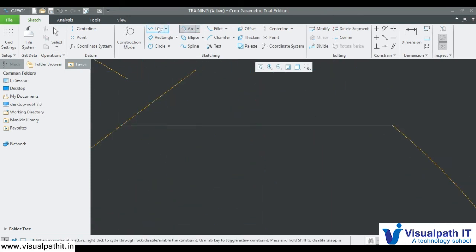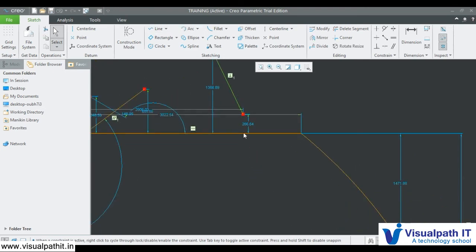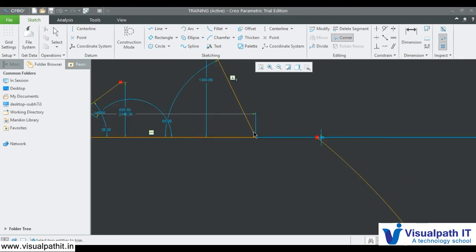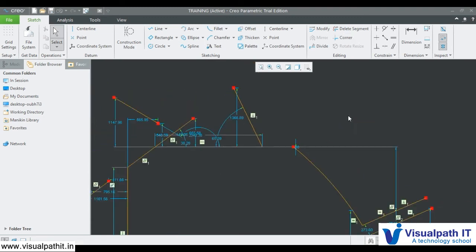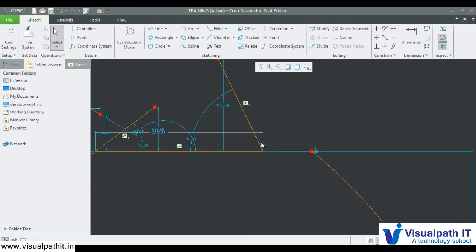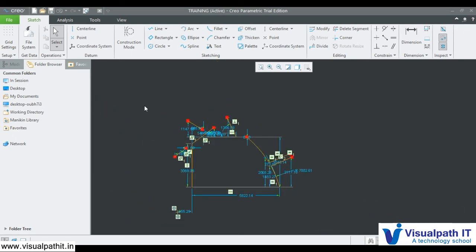Now let's say we have this line. I have a line here. These two are not even joined, but I want a corner. Then I select this, this and this. I got a corner. Now the line is extended to this and it has trimmed the external part and I got this corner. So similarly, corner can remove or extend a line to create a corner by removing or creating necessary parts wherever required. That is a corner.